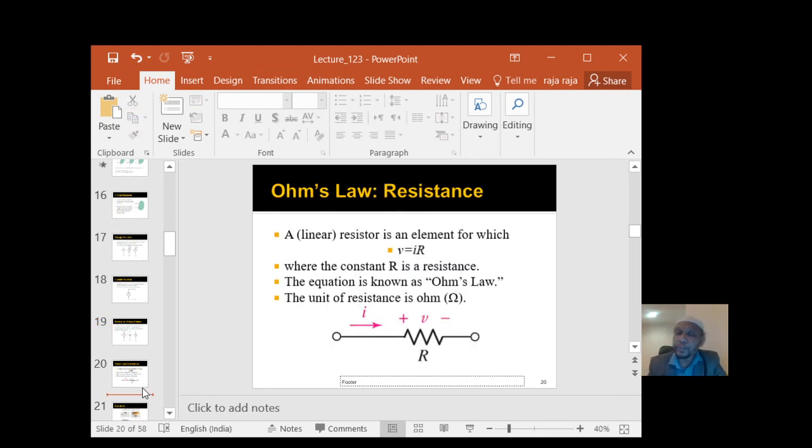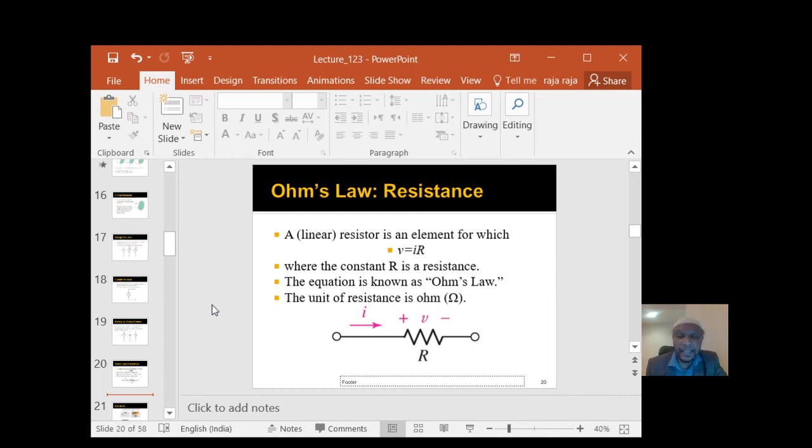Ohm's law. We can say in electrical engineering, Ohm's law is the father law. In a family, we can say father and mother are the very important pillars of the family. So what does Ohm's law state? You already studied it in physics too. Just recall it. What is Ohm's law?